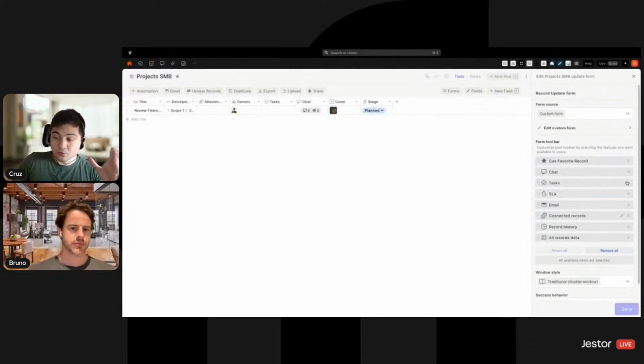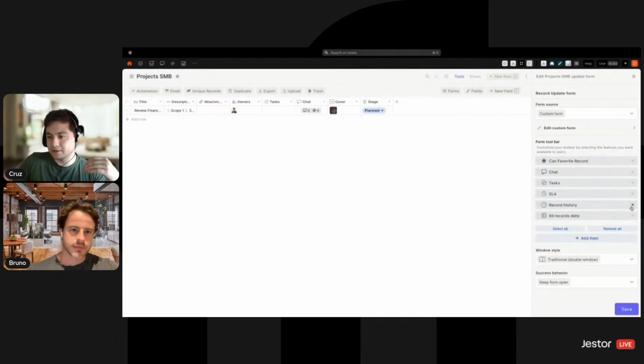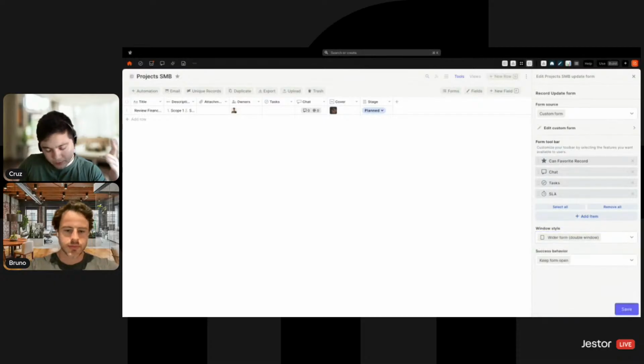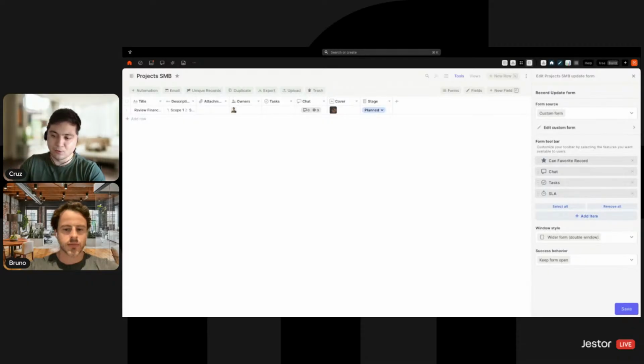We can select the tools that we have available in this process. I want chat, I want task, I want SLA. The other ones, not so much. So I'm just going to remove them. And I'm going to use a wider form. And why we're going to use a wider form is because of the steps, right? We're going to add the steps to the form itself. So